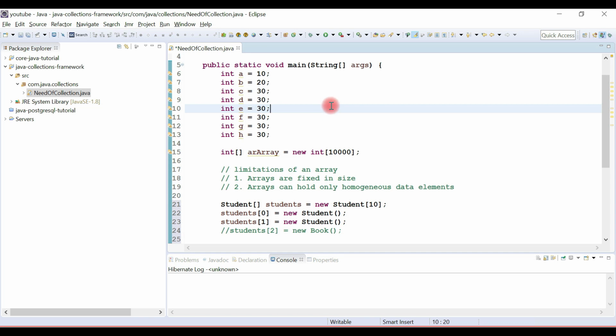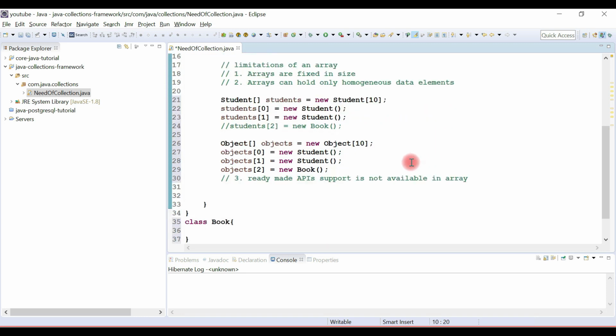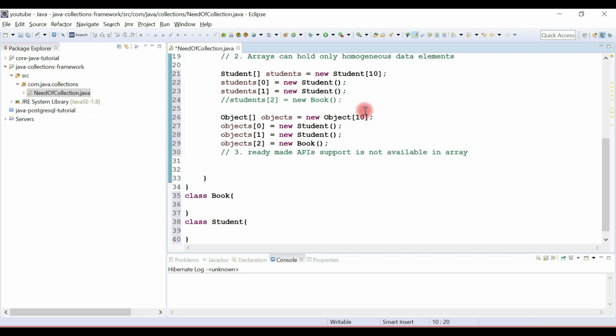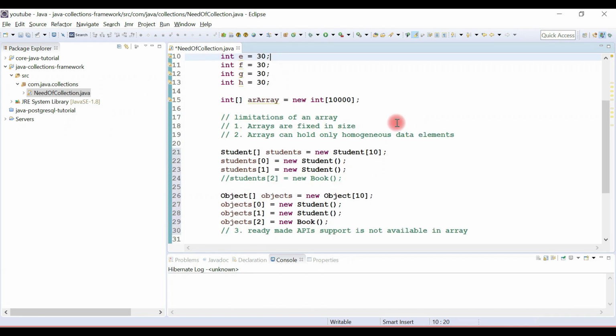Understood? Why do we need a collections framework? To overcome the limitations of an array. Arrays are fixed in size, arrays can hold only homogeneous data elements, and arrays do not provide ready-made APIs to work with data structures or algorithms.